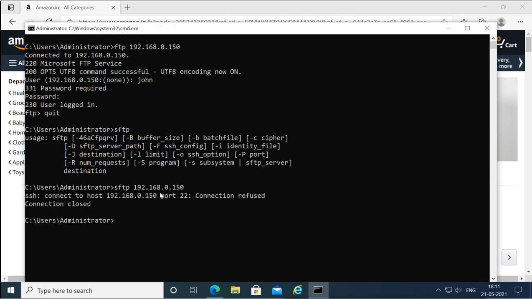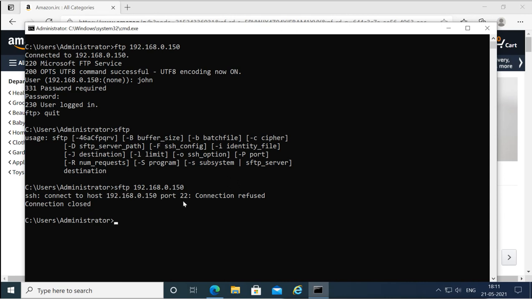Now it is refusing the connection from the server. Why is it refusing the connection? Because it is trying to connect to the server using port number 22, the port of SSH. This SFTP is part of the SSH protocol.